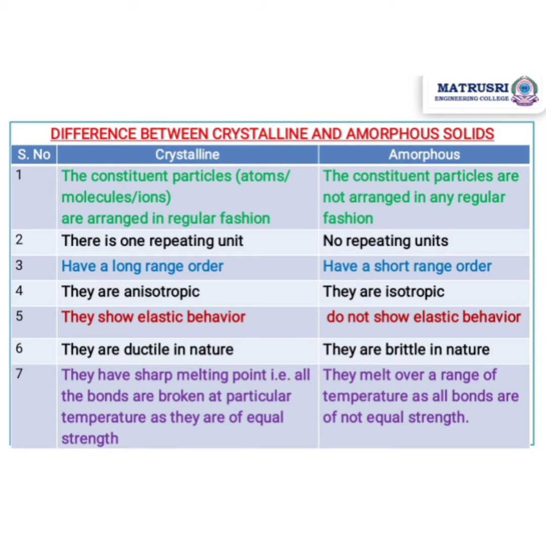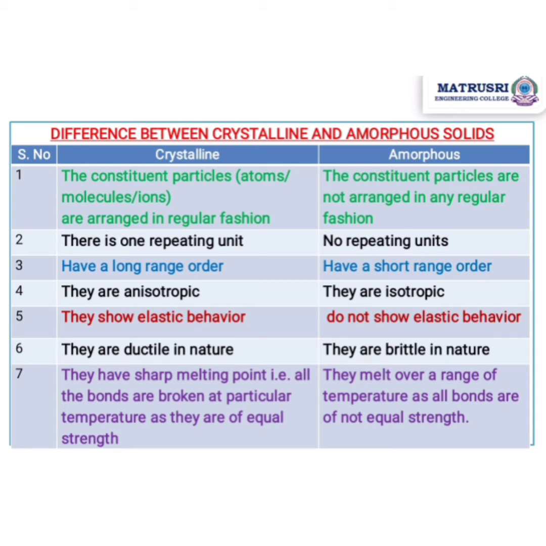Now we will see the differences between amorphous materials and crystalline materials. Let us start with crystalline materials, which have a regular arrangement of atoms. We have seen this in the previous slide in the form of images, whereas in amorphous materials the arrangement of atoms is not regular. Crystalline materials have one repeating unit, called the unit cell, which we will discuss further in the next videos. This kind of repeating unit does not exist in amorphous materials.